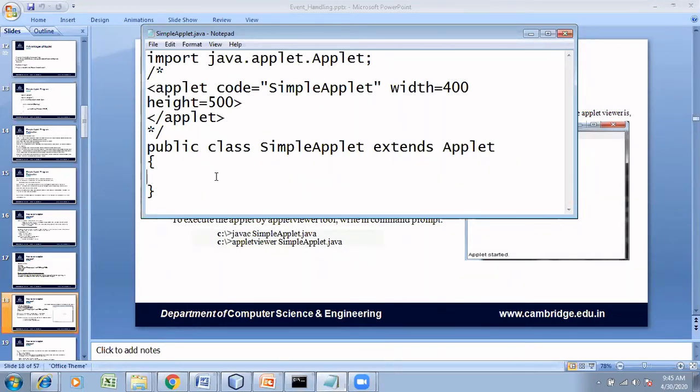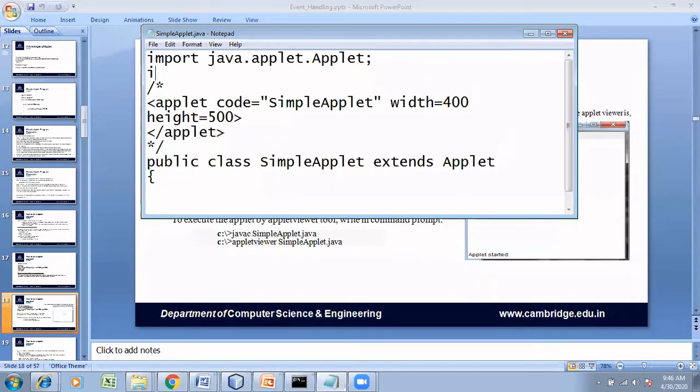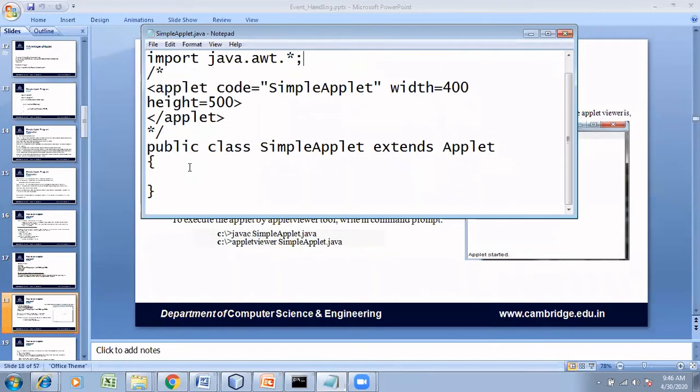Now to have an output, I should use the paint method, automatically called by the browser. But the paint method is available within which package? AWT. So you should import java.awt.*. Now within this, the name of the method is public void paint.